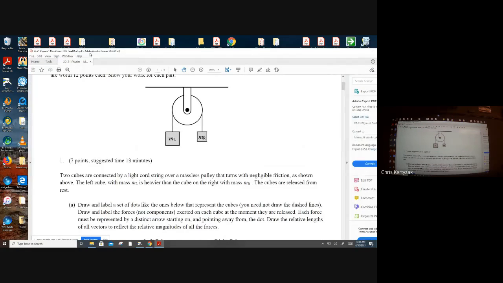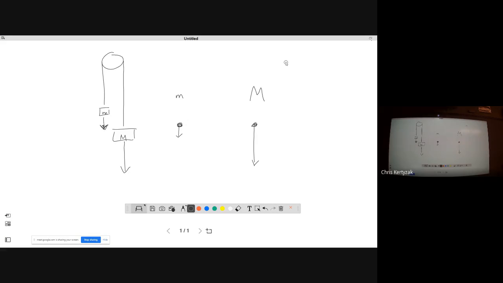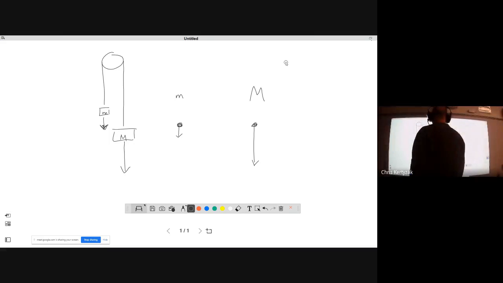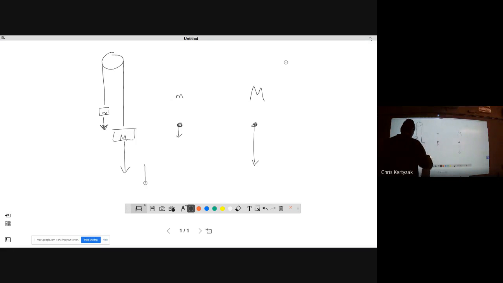Just as the left cube is heavier. Yeah, they didn't say. If they did say that one of them is twice as heavy as the other, then you would want to draw the heavier one with a downward vector twice as long as the other one, because that represents the relative strengths of the magnitude of their weights. So that's that, right? But even though we know the motion would be down for the heavier one, because it is being pulled with more force than the lighter one in the downward direction by Earth's gravity, the lighter one's velocity would be up. We know that the things still pulling on them other than Earth below is the